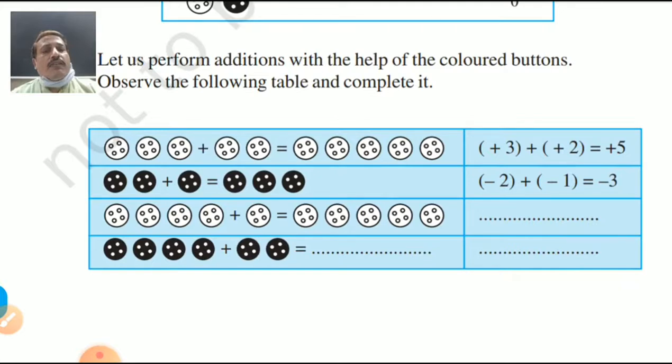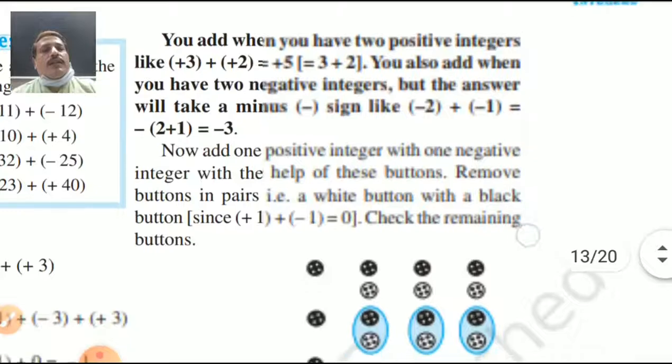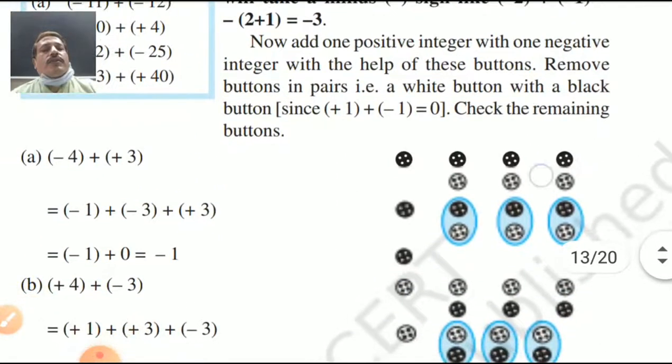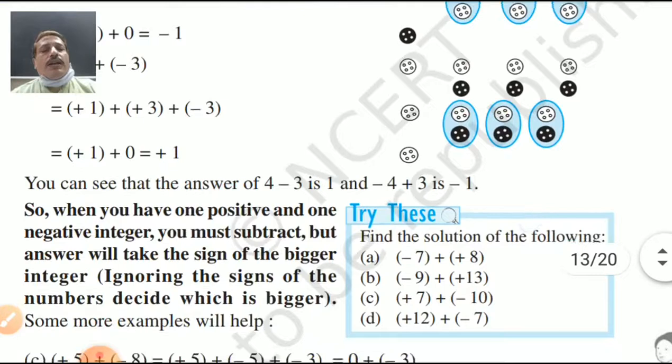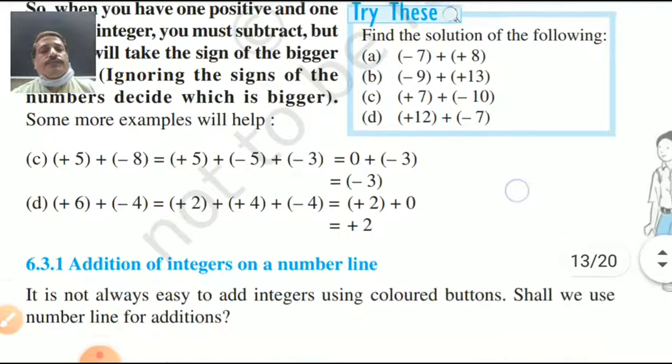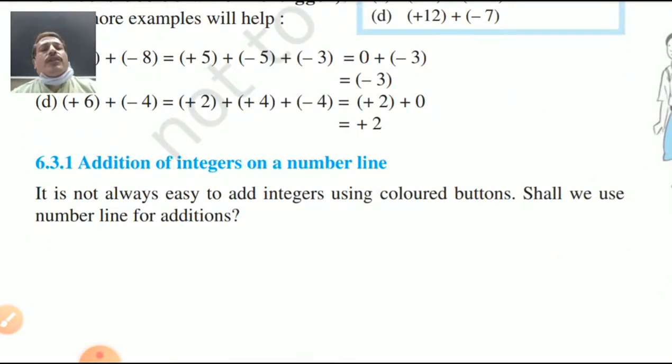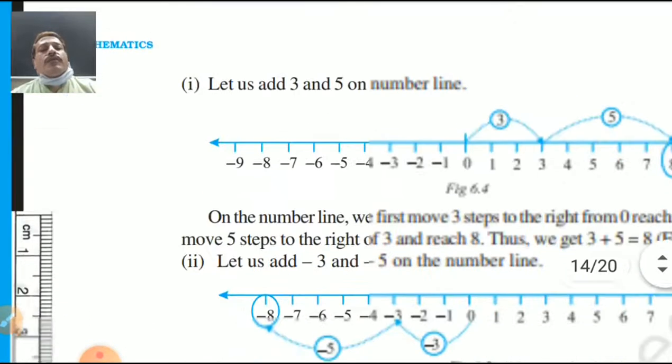You can get it very immediately. The final answers are like this way. Yes, my dear students. So games will give you a more accurate idea about positive and negative numbers. Correct. Addition on integer on a number line. Very good. Same questions here.